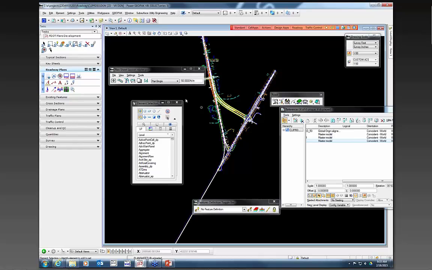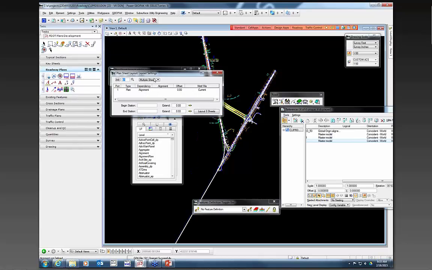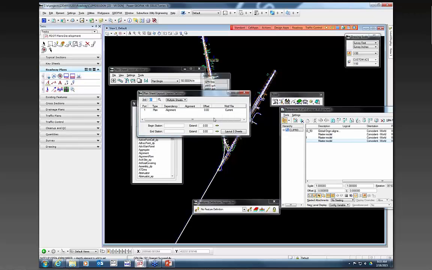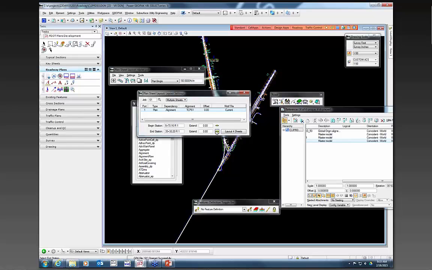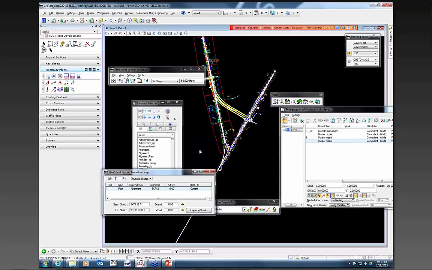And then you want to click on this layout sheets, and we want to make sure we have the correct job number, and then double click on this first port and select the chain. And then it says layout for sheets. So click on that button, and it's laid out my clip borders in the clip file for me. So once all the sheets are laid out, click on this clip sheets,